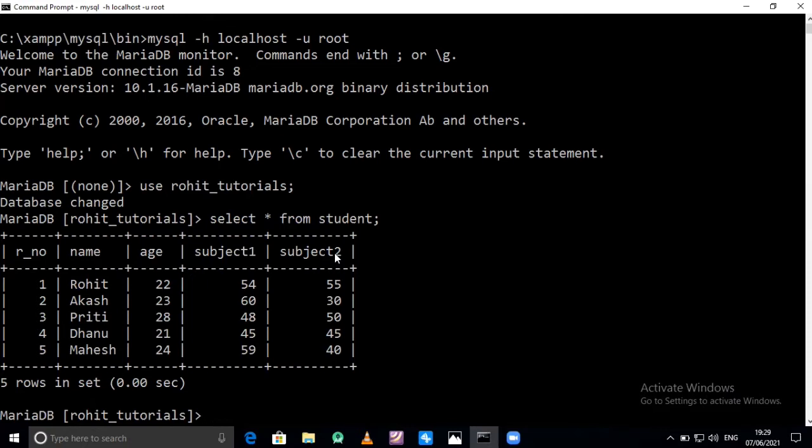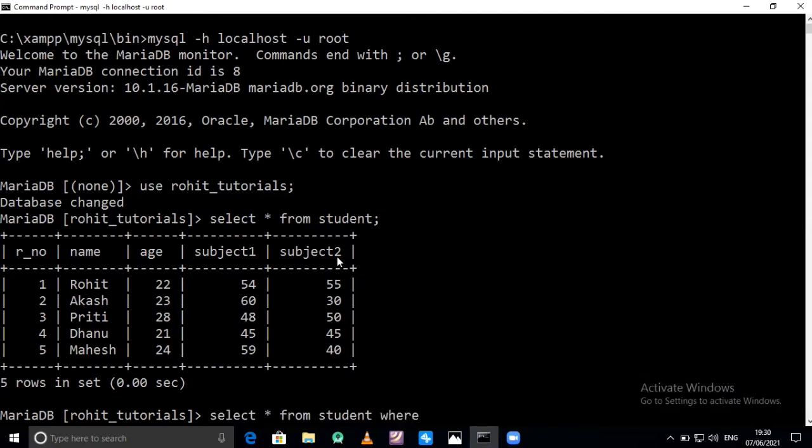The video links for all these operators are given in the description box. Now we will move towards our first arithmetic operator, addition. With the help of the addition operator, I retrieve that information from the table having subject 1 plus subject 2 marks greater than 100. So for that, I use the command select star from student